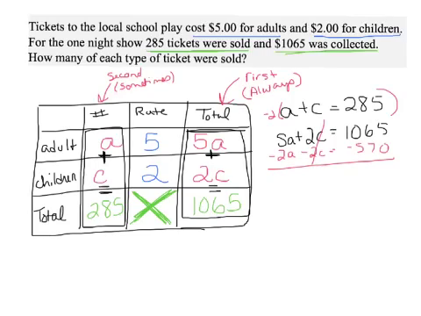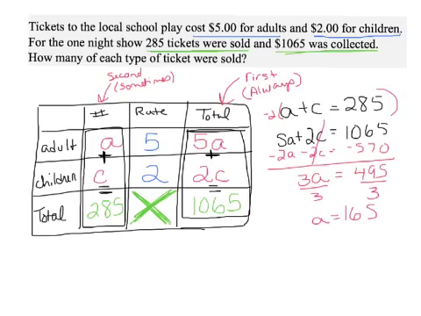So I simplify, the C's cancel out, and I'm left with 3A is going to equal 1065 minus 570, which is going to be 495. Then I divide by 3, and I get the fact that there were 165